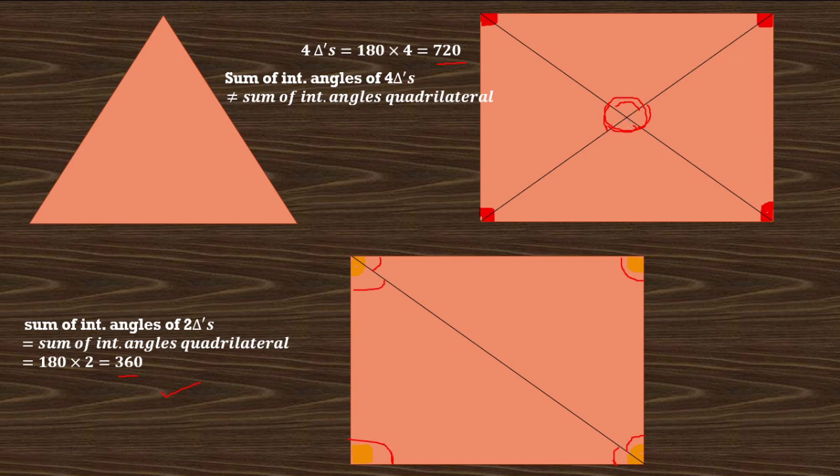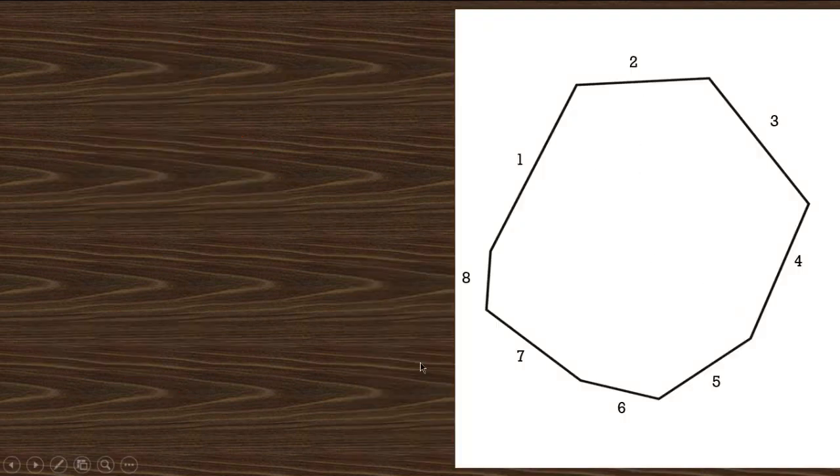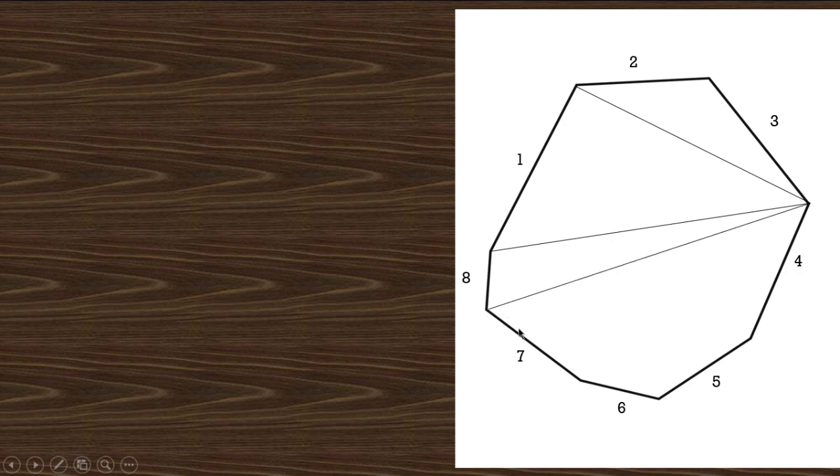And how can we avoid intersecting of those diagonals? Let's see here. Here we have an 8-sided polygon. We can join from here to here, then we can join from here to here, but in that way the diagonals will intersect. We have to avoid it, so we just fix on one point. Let's start drawing the diagonals. First diagonal, we won't join this, we'll leave this because this is the side only. Let's join here, one vertex, the other, third, fourth, fifth.